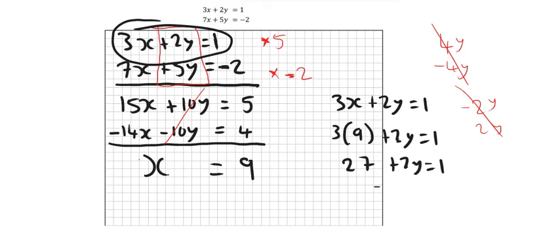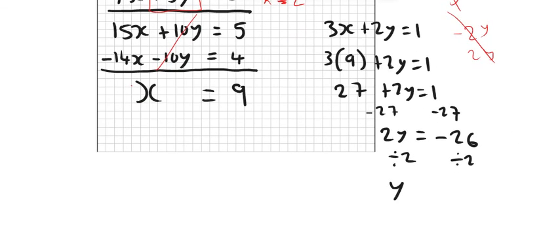Now I'm going to take 27 away from both sides. So 2y equals 1, take away 27 is minus 26. And then I'm going to divide by 2. So y equals -30. And that's everything then for question